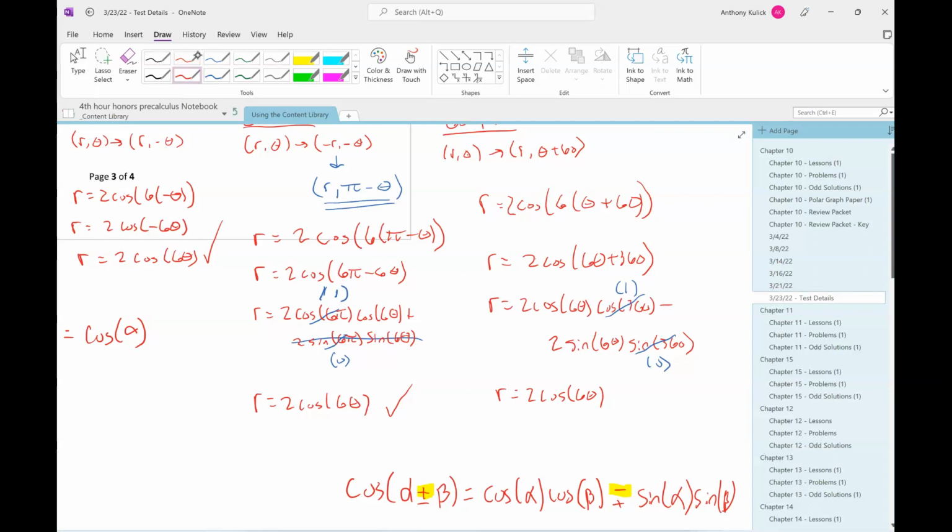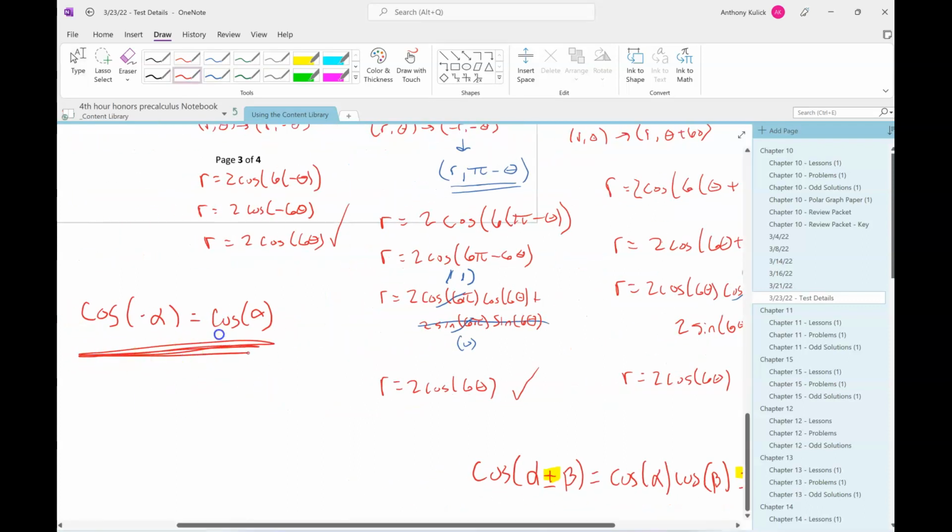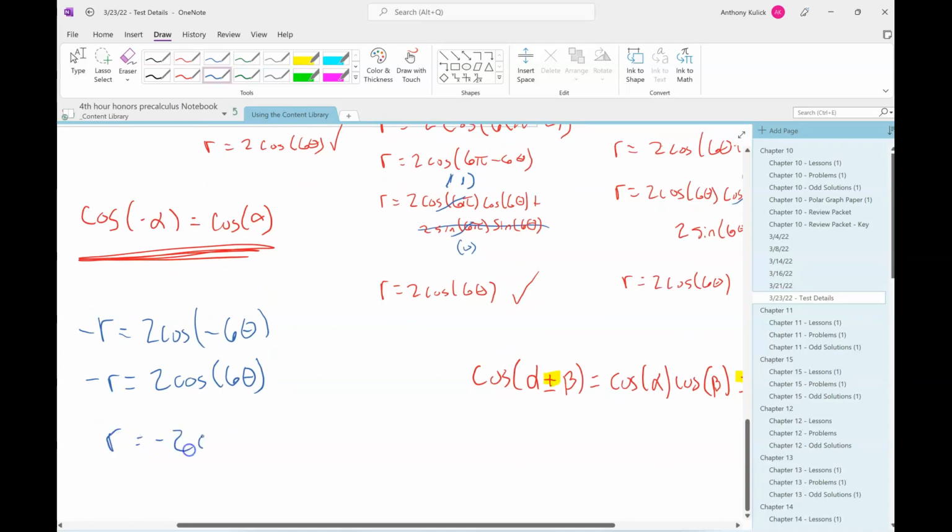Well, you can't pull the negative to the front because that's our odd-even identity for cosines. If you're doing what you wanted to do, you'd have negative r 2 cosine negative 6 theta. And when you apply that identity, there's no way to get rid of the other negative sign. So you couldn't just divide by negative. I mean, you can, but it moves it to here, and that doesn't really help you any. It's still not the same, you know what I mean? So that's why I use that other trick there